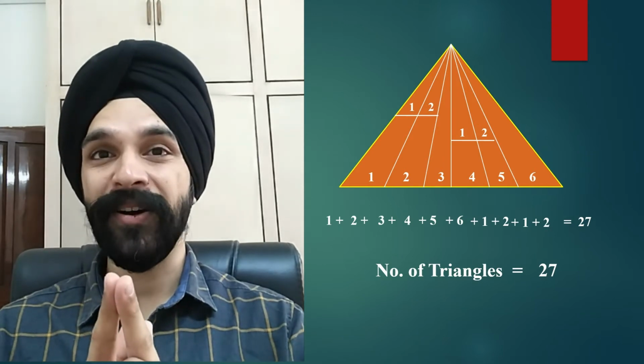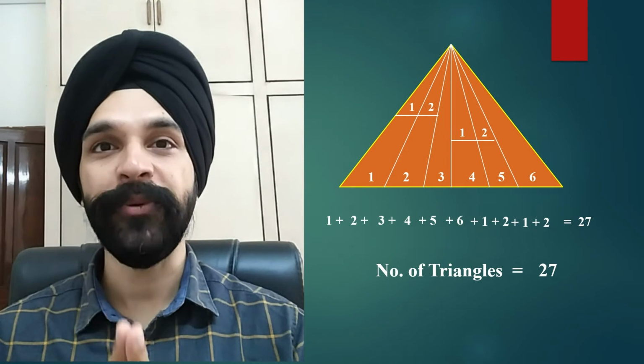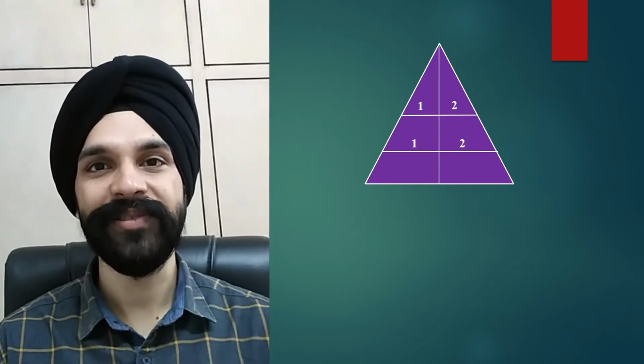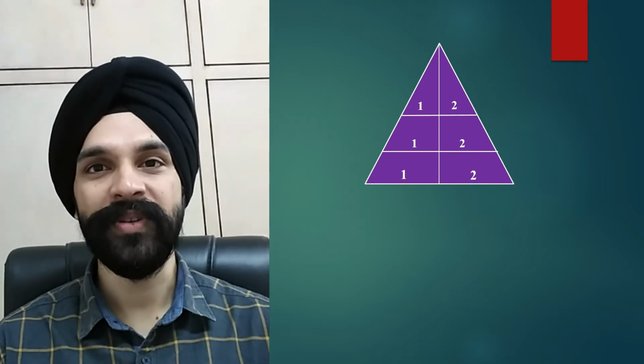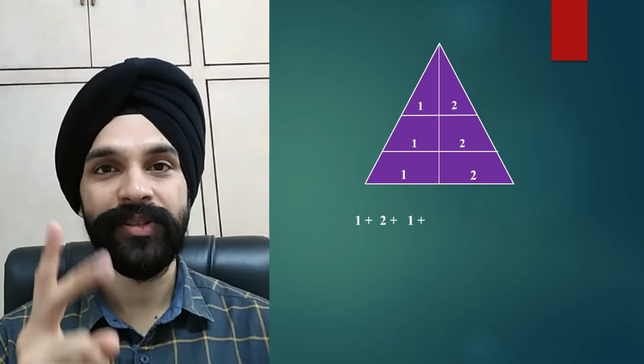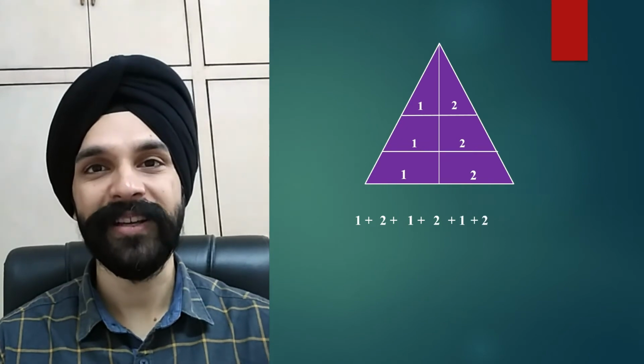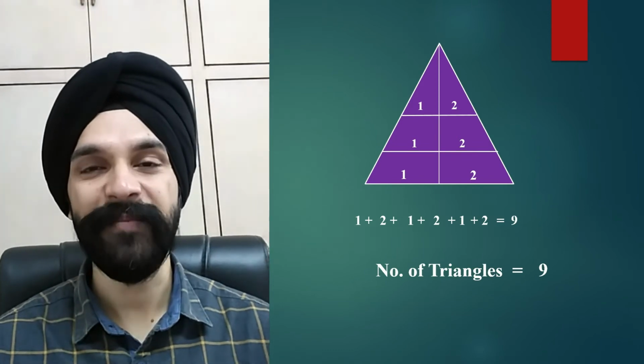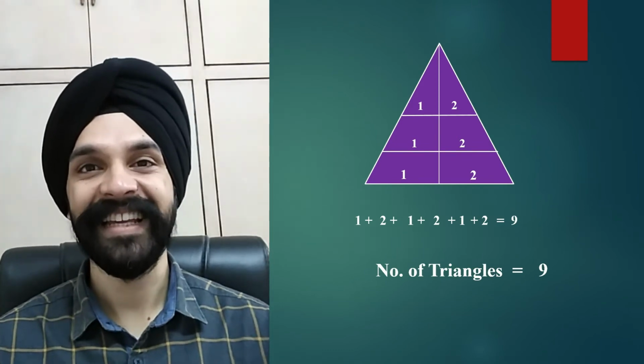Isn't this trick making your process so much easier and quicker? Okay, let's try it out with one more figure. This has come in a number of exams. Take the base and write the numbers. The upper base 1 and 2. The middle base 1 and 2. The lower base 1, 2. Now add all these. 1 plus 2 plus 1 plus 2 plus 1 plus 2. That gives us 9. And that's our answer. The number of triangles in this figure is 9. Isn't it super quick, right? Okay, let's move to our type 4 figure